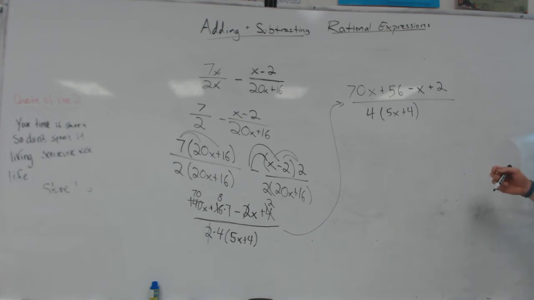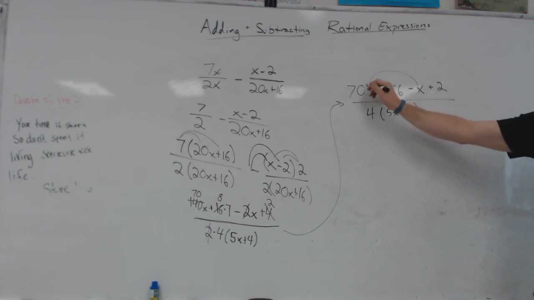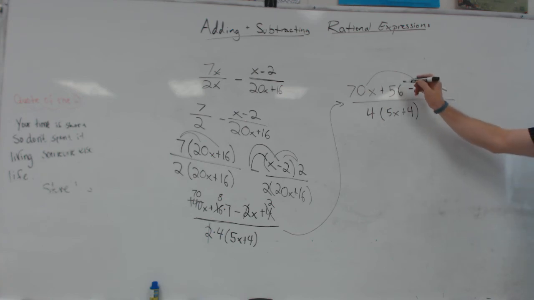Okay, I don't see anything else right away that can be canceled. This x here is kind of getting in the way in some sense because there's no other factors other than x to that term. So I'm going to start to combine my like terms. I have 70x minus x and 56 plus 2. So that's going to become 69x plus 58